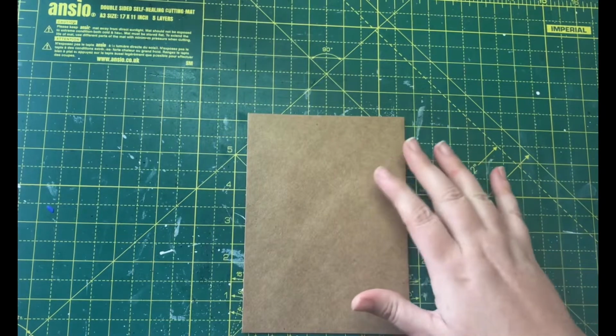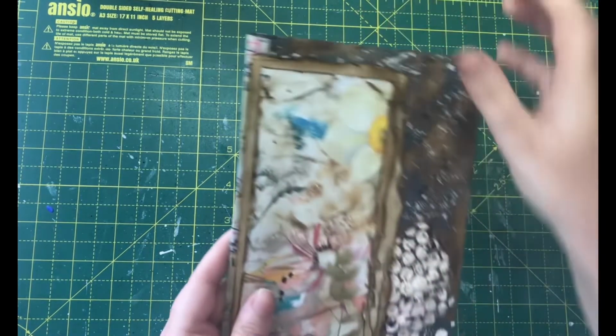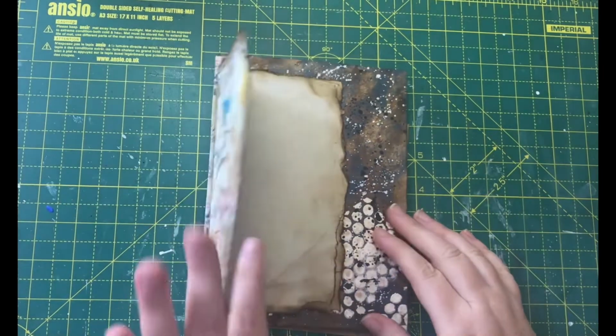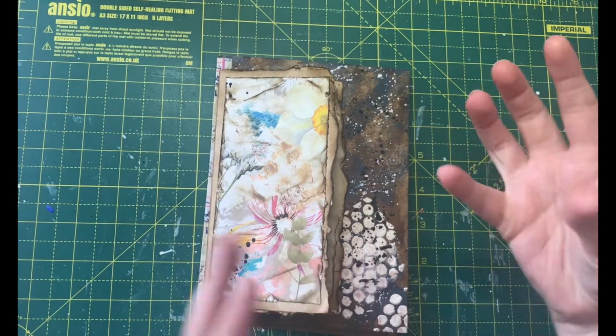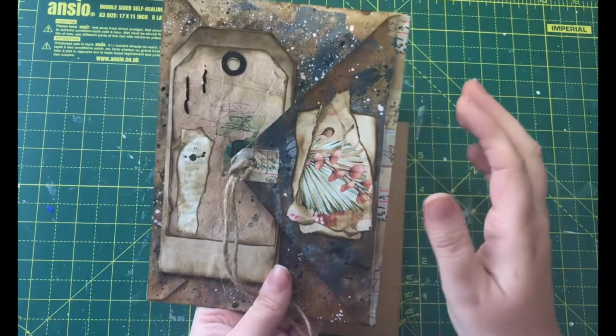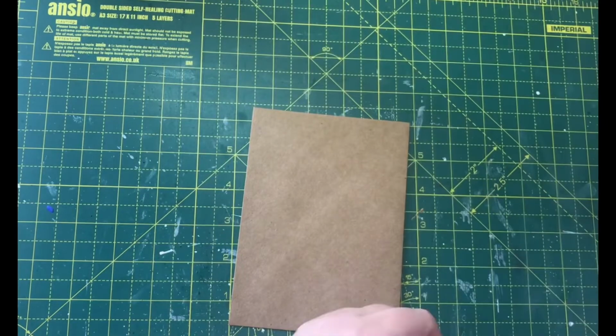So to make the actual grunginess of the envelope, I'm just trying to grab one here. I'll get the bigger one because you'll be able to see it better. To actually make the grunginess of the envelope, I've just used lots of texture, splatters, paints, stencils, and different kind of methods of putting that on. I have used, and if you want to do something similar, you might want to grab